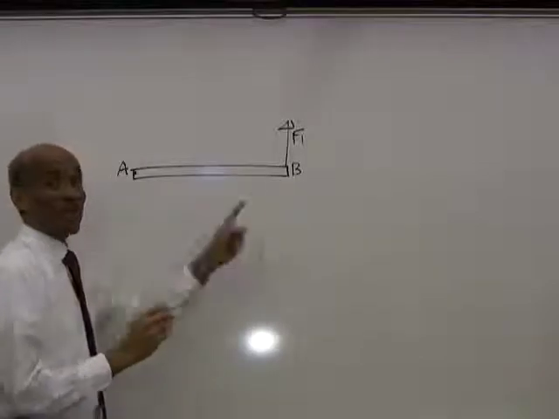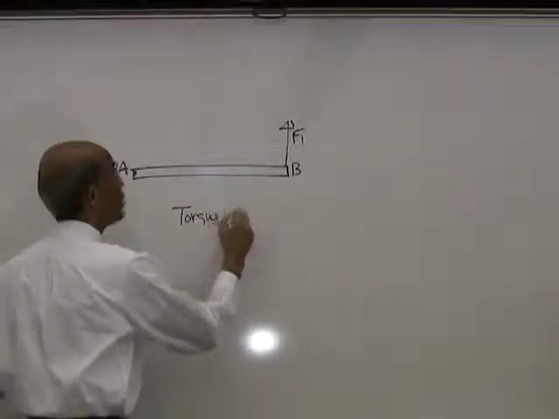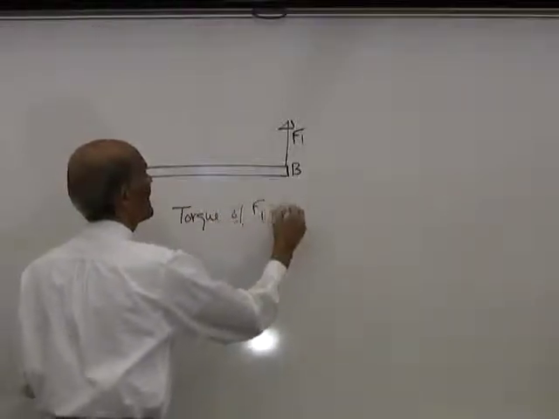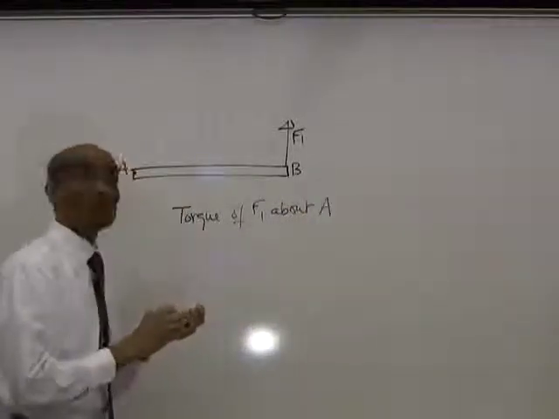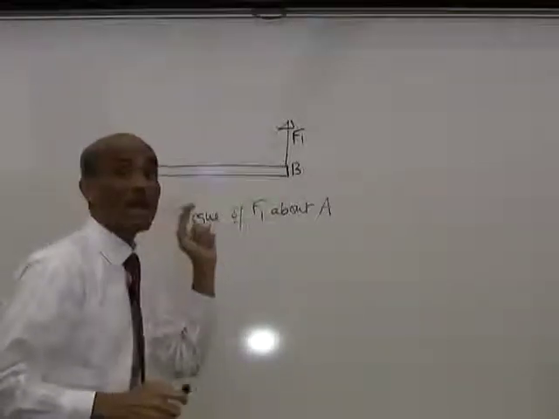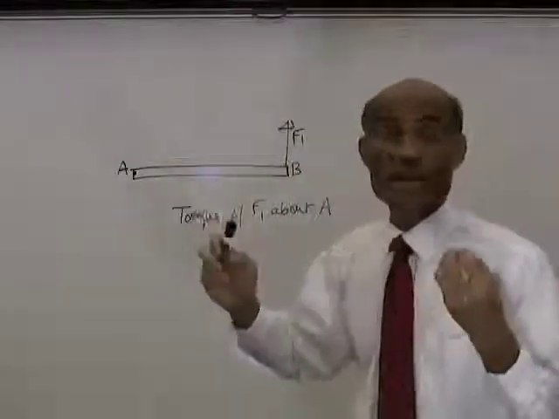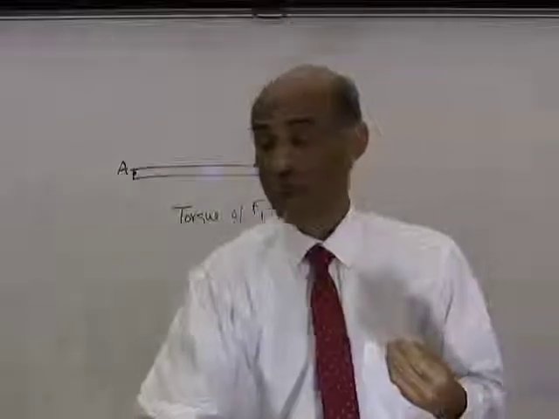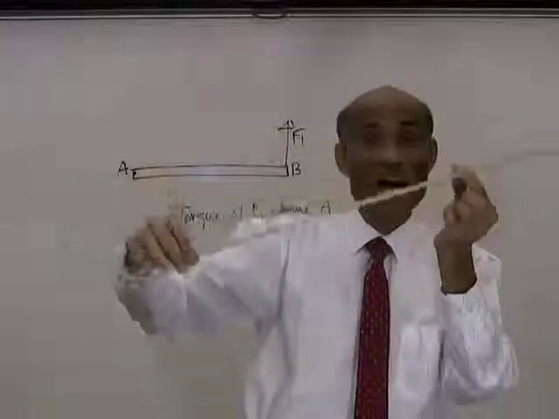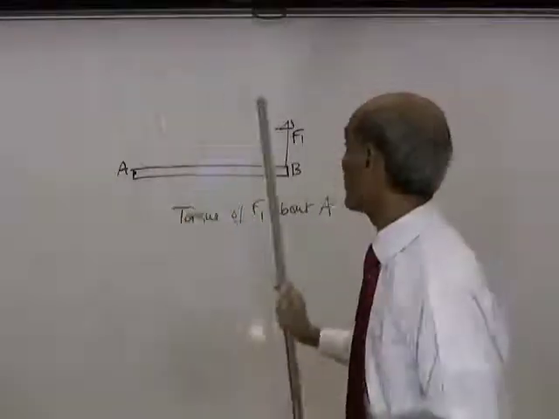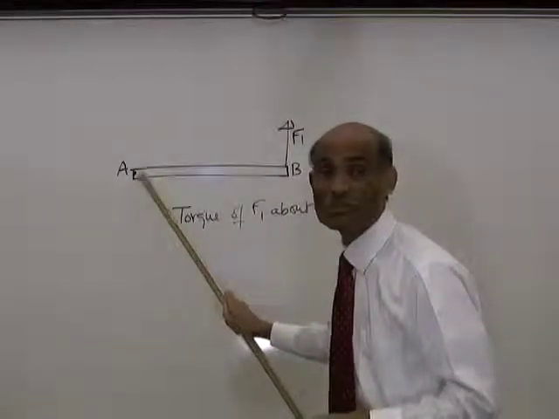The force is acting at the point B. Now, what is the torque of F1 about point A? When I say the torque of F1 about point A, what I actually mean is the torque of the force F1 about an axis that passes through A. Now remember, rotation always happens about an axis. Is that right? So we want to find the torque of this force F1 about an axis that passes through